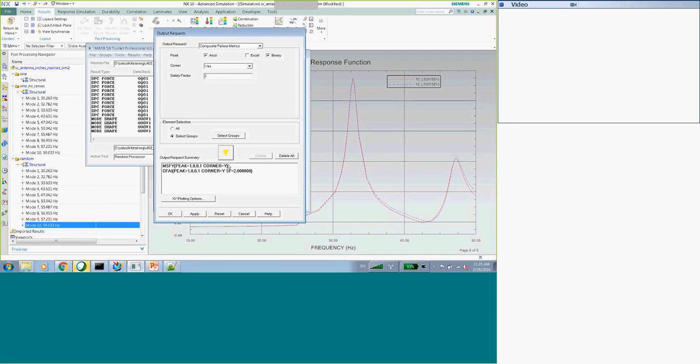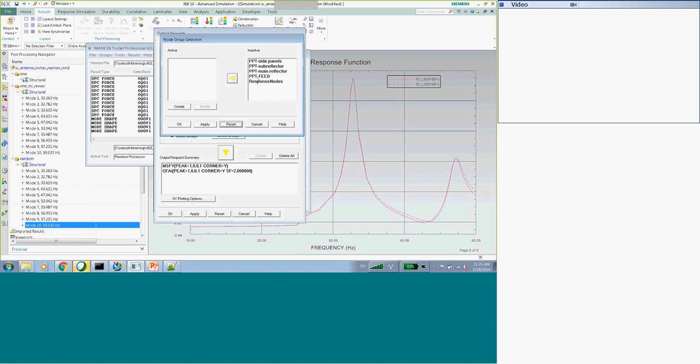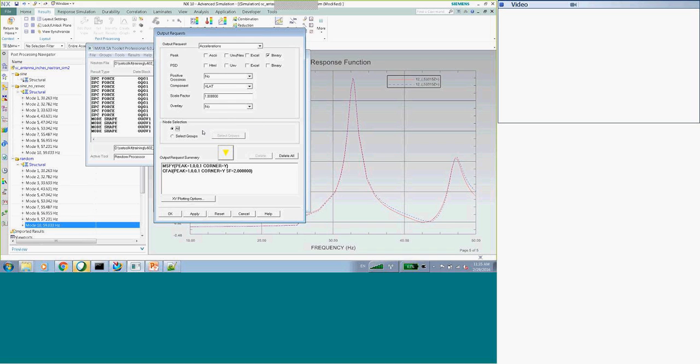Do this for the subselector only. Animation output. Excel, I'm going to put it in the binary file for, for what? For everything.